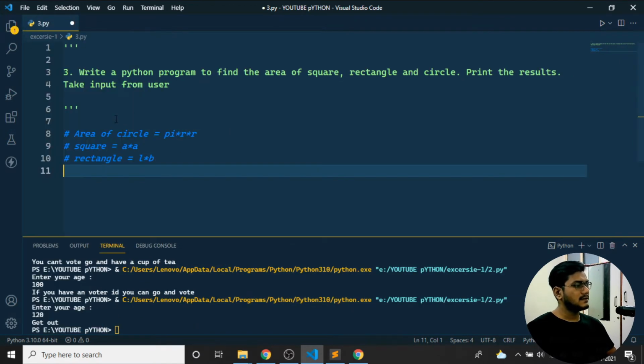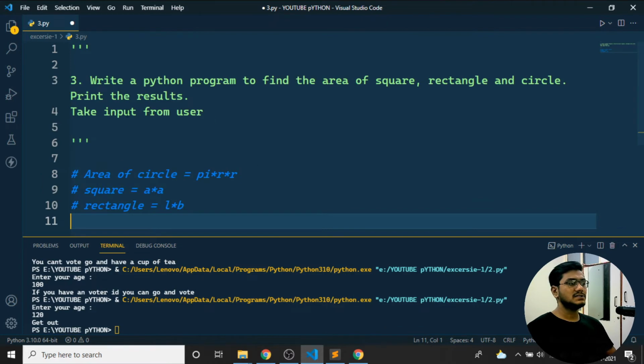Okay, so here they have said: write a Python program to find the area of a square, area of a rectangle, and a circle. Print the results and take the input from the user. So they have mentioned we need to take the input from the user. We need to write a Python program to find the area of a square, rectangle, and a circle and